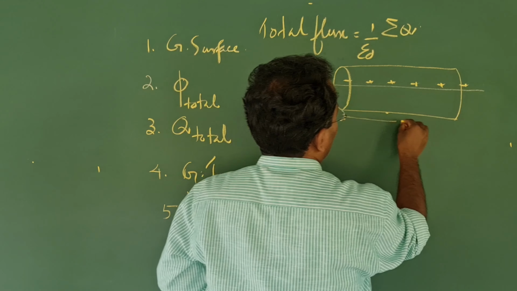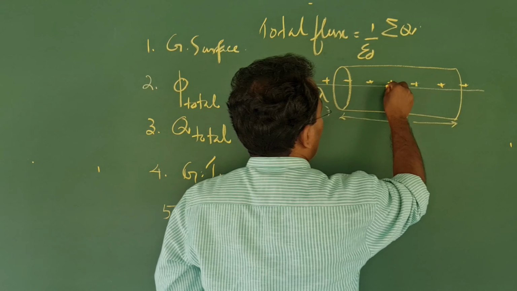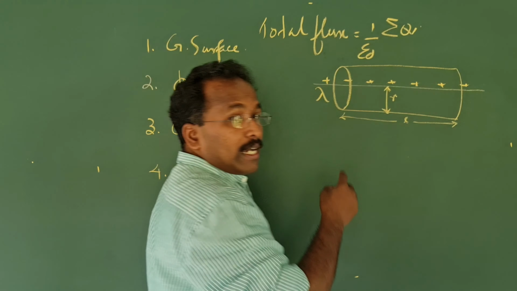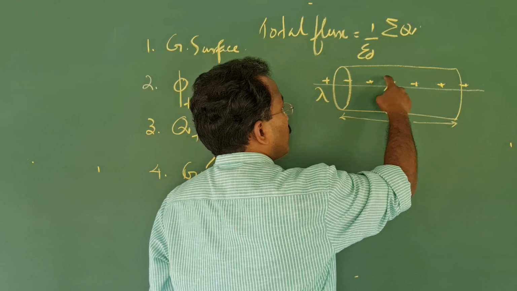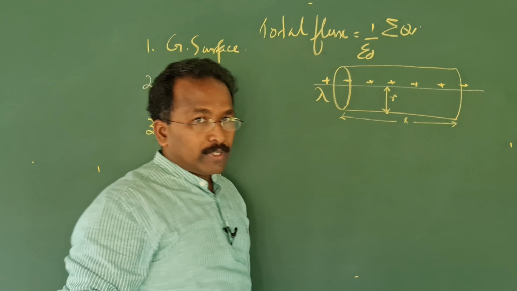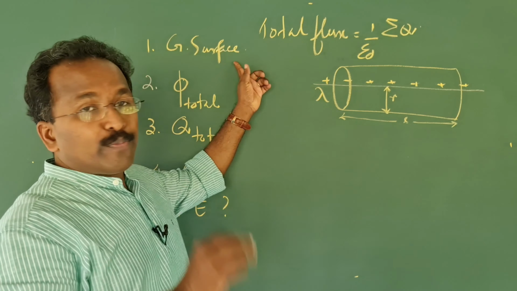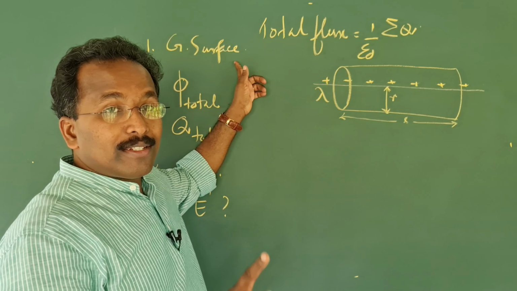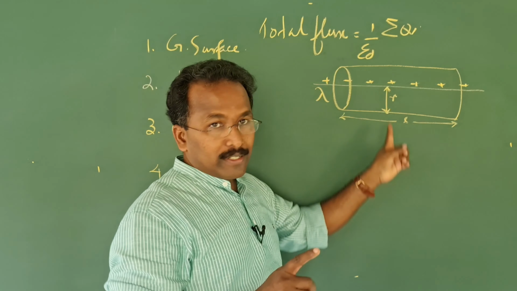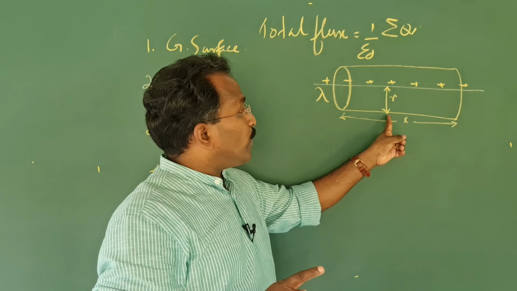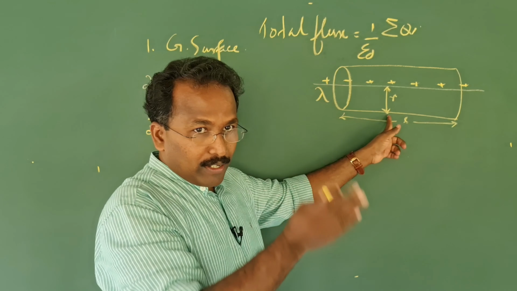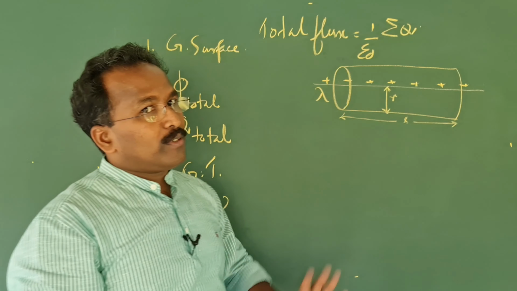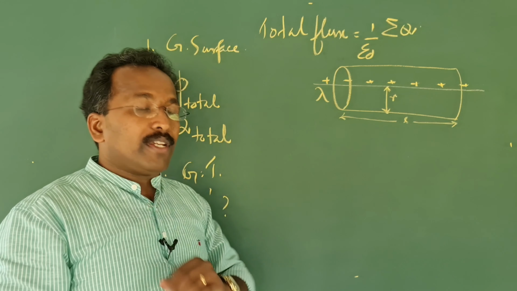The length of this cylinder is L and the radius is R, and that R is the distance of the wire to the point. So how to specify the Gaussian surface? This is how we specify it. Imagine a cylindrical Gaussian surface with that point on its curved surface as in the figure. Okay, so the figure is very important in derivations.